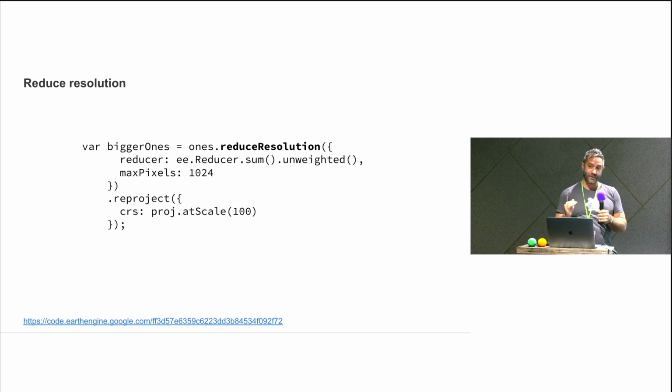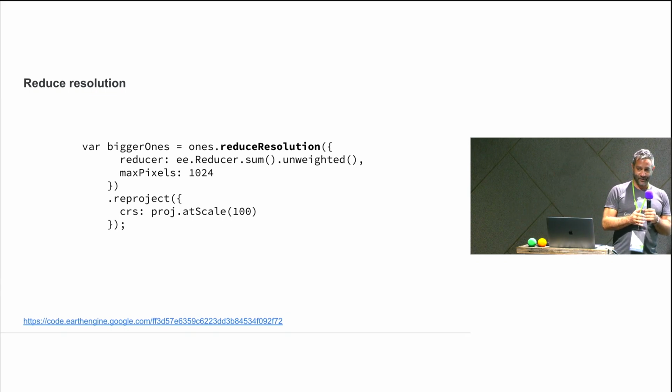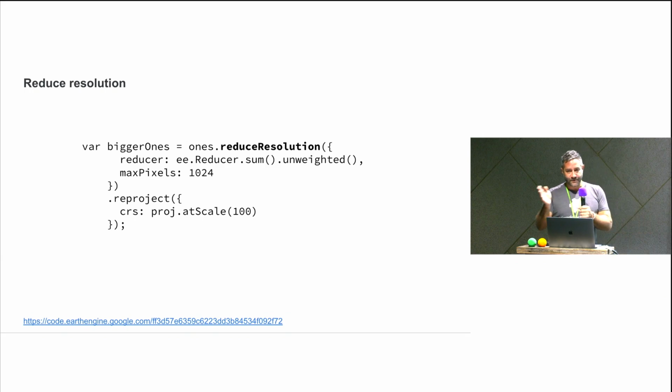That is not always what you want. You might want to add up the little pixels in the big pixels of some other thing. And that's what we're trying to do here. If you're adding up the little pixels, you're doing something different than what Earth Engine does by default, which is take the average for continuous variables, and the mode, I think, for discrete variables. Maybe you don't want to do that. Maybe you want to count stuff or, you know,